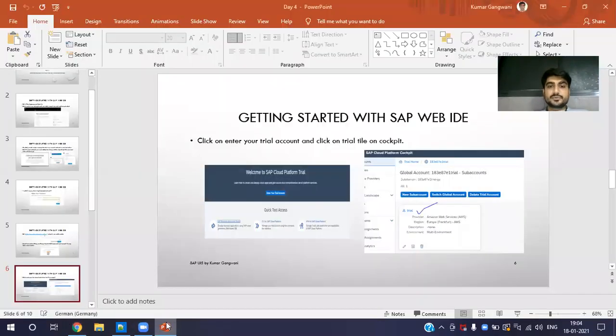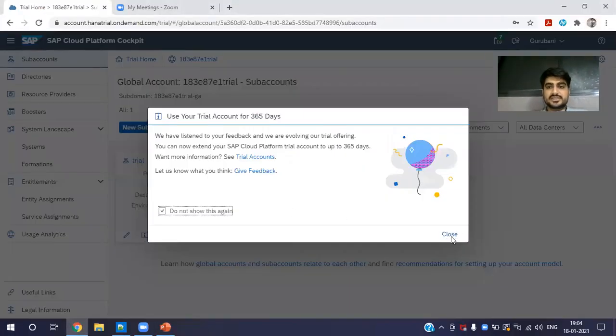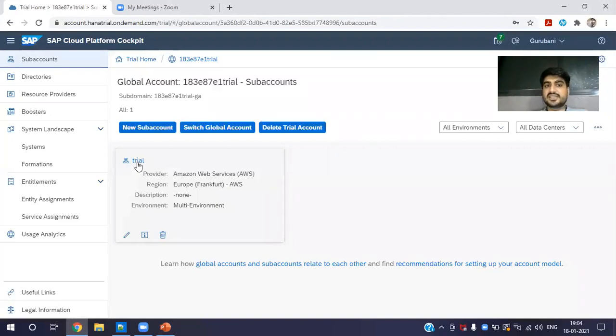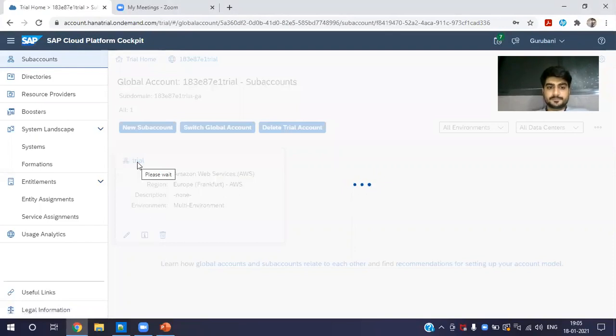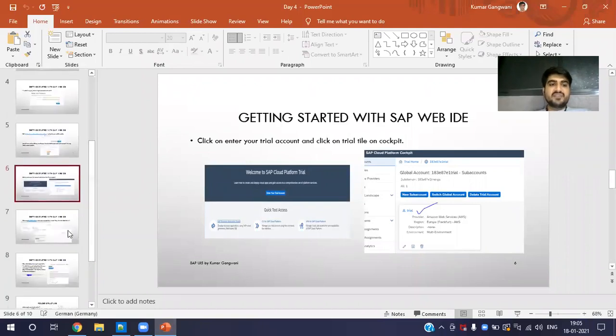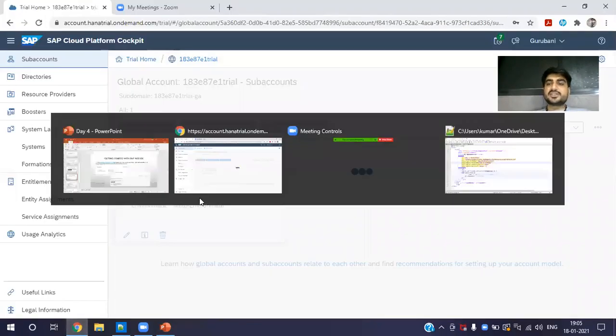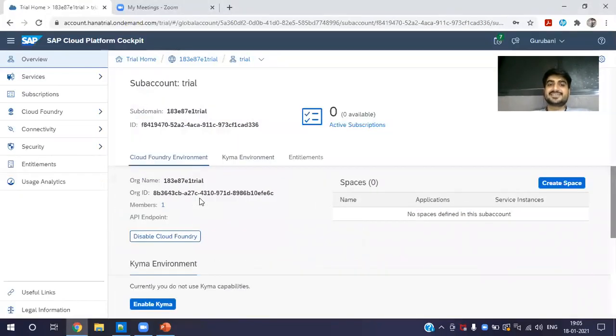Then if you go to the PPT, it says there should already be some trial created like this. Don't show this again, close, and then see, this is the trial tile. I hope it's visible. Just click on this trial. Then I don't know what's the next step. You don't need to do this every time. This is one-time work. And I know how irritating it is to create accounts.